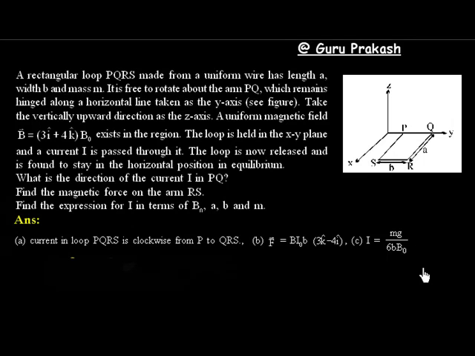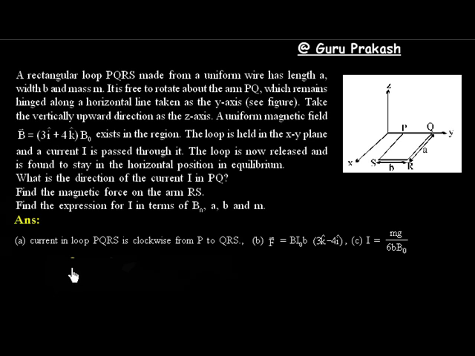Now this problem is we have a rectangular loop PQRS, and that is kept in the xy plane, and the length of this loop is a and the width of this loop is b. That is given to you. The z-axis is along this direction, this is my y-axis, this is my x-axis, and the question says there exists a magnetic field in this region, and the magnetic field is given by this function B is equal to